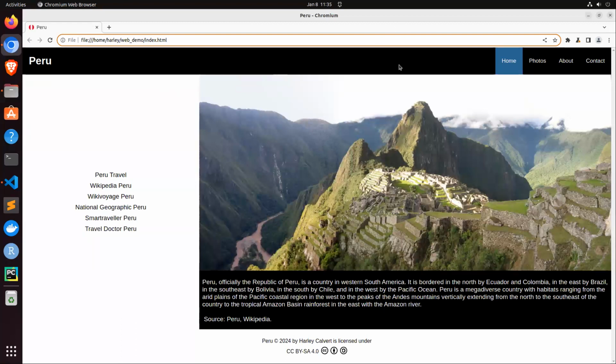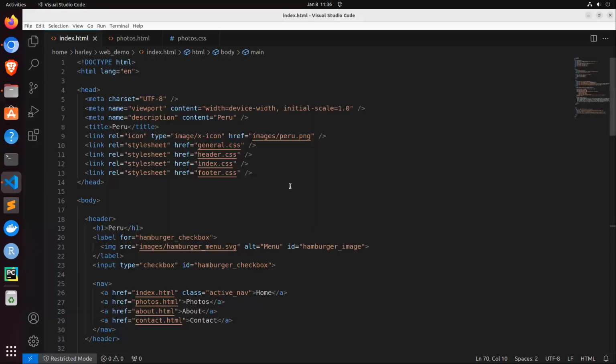It has 4 pages. The home page is like a textbook example of using semantic web elements. Semantic elements are elements that convey meaning about their content. So let's just have a quick look at that. On our home page, which is the index.html page, we have a series of elements such as header, which sits at the top of the page,